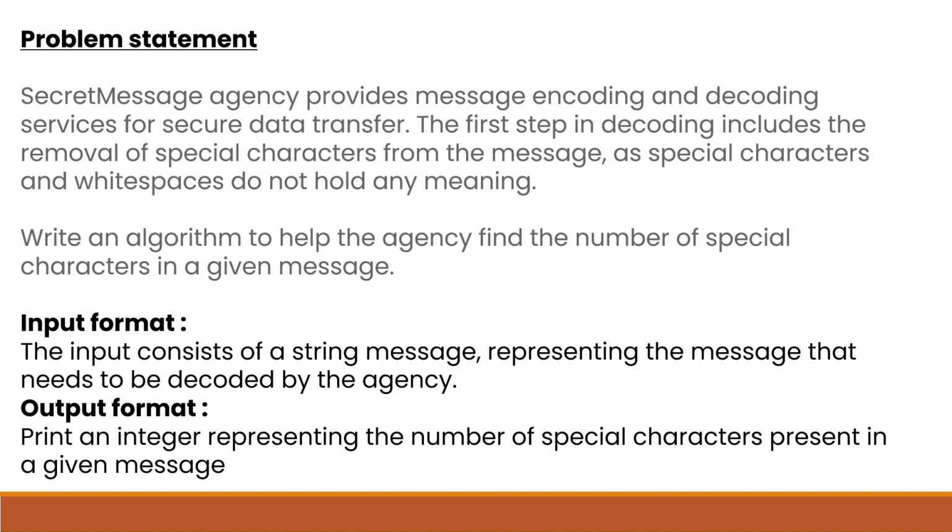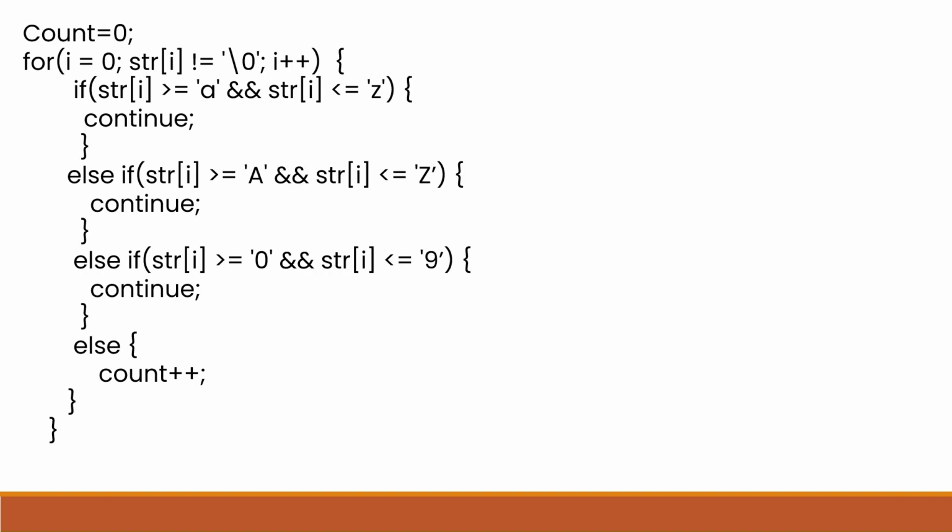Hope you understood this question. Let's see how we could solve it. This is one of the methods in which we could solve this question. First, we have taken the count of the special characters to be 0, and we have to iterate through all the letters of the string and find out the special characters. If it is a special character, we are going to increment the count. If it is not, we are not going to increment the count, and we are just going to continue with the next letter in the word that is present here.